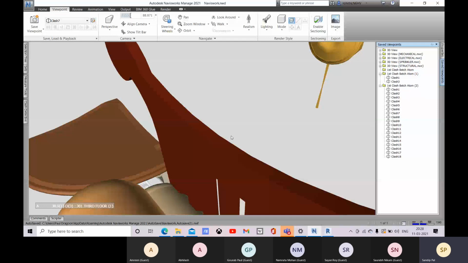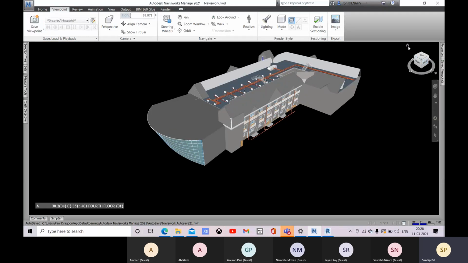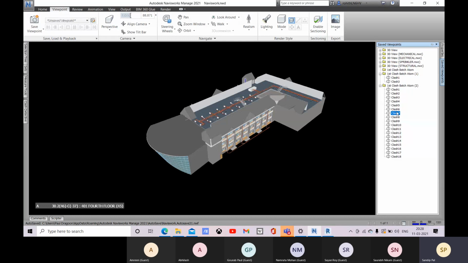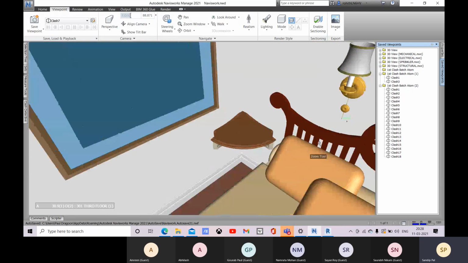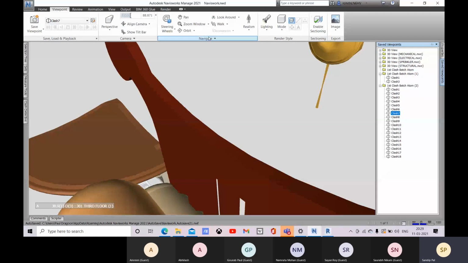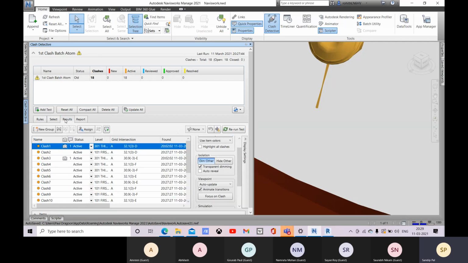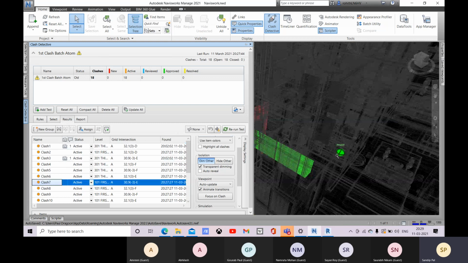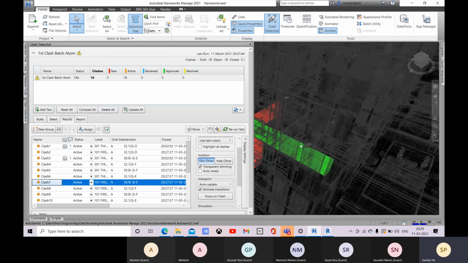So flash 7. This is class 7, and this is the class 7 there.